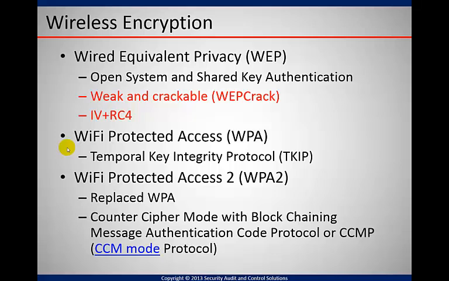We've got Wi-Fi Protected Access, WPA, which has the Temporal Key Integrity Protocol, TKIP, and then Wi-Fi Protected Access version 2, which replaced WPA. It uses Counter Mode with Cipher Block Chaining Message Authentication Code Protocol, or CCMP, in CCM mode. And if you look at domain 5 and come back to domain 2, you'll understand how that effectively ensures